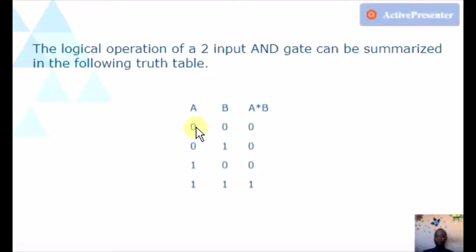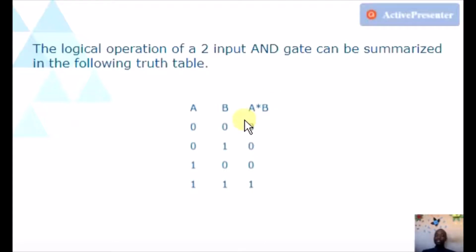Now you have 4 digits, 1, 2, 3, 4. For the first input A, you write 0, 0. The first half takes 0, then the second half takes 1, 1. Then move to input B, you have 0, 1, 0, 1. Now,